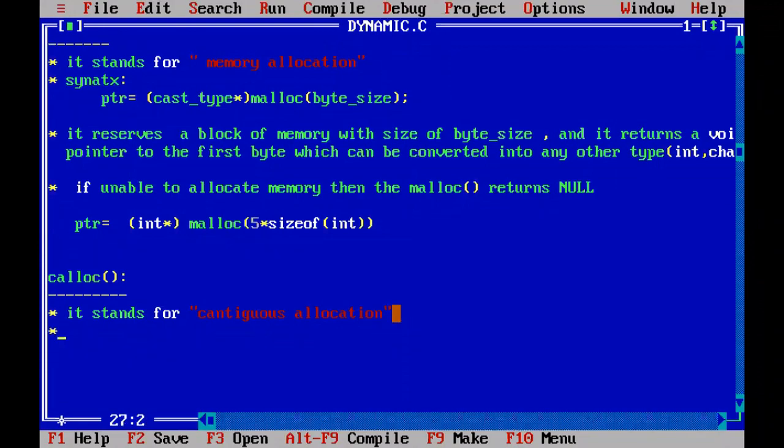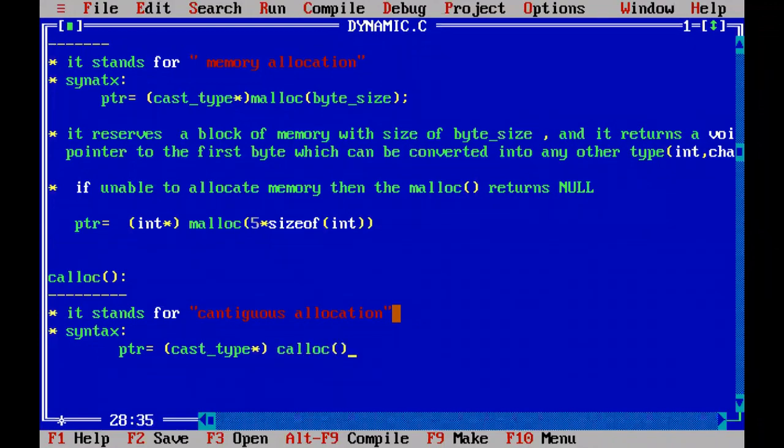And what is the syntax for it? The syntax for calloc function follows the same form as malloc function, but with a few modifications. PTR equal to, same like malloc function, the cast type we have to write, and pointer representation, followed by calloc function.